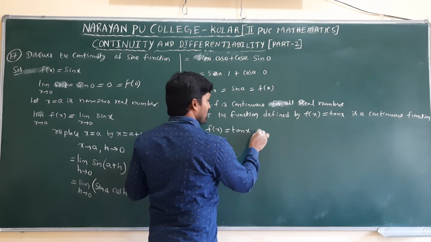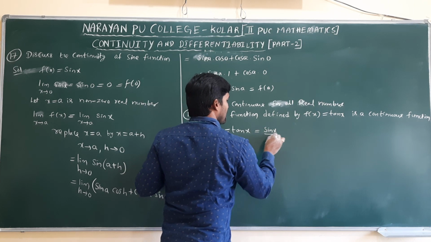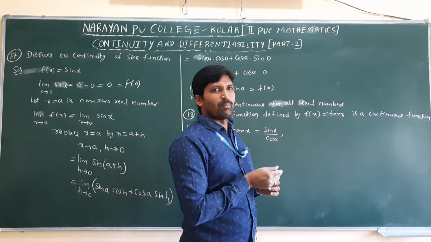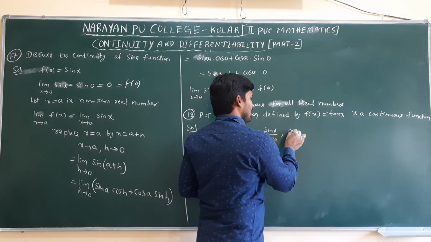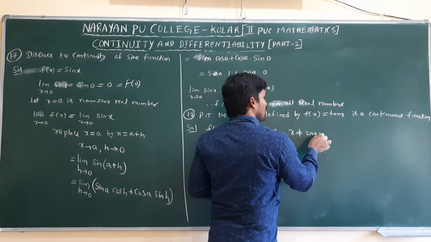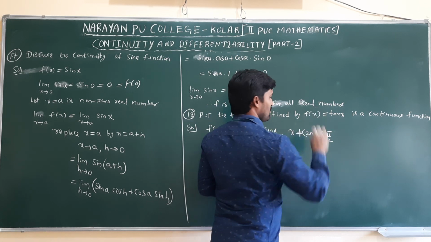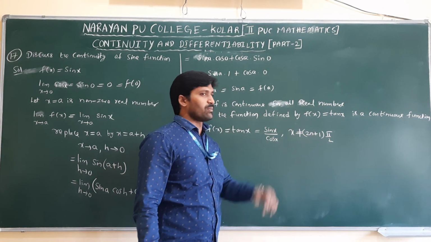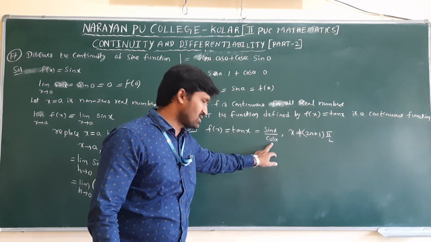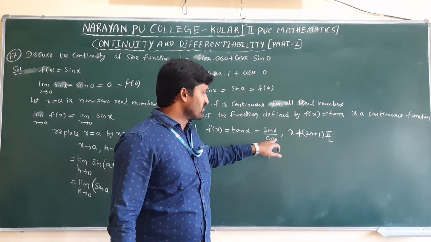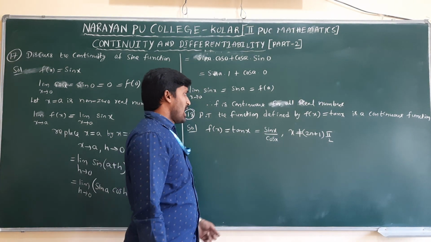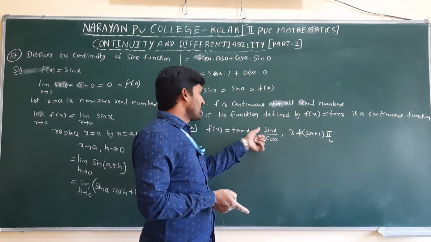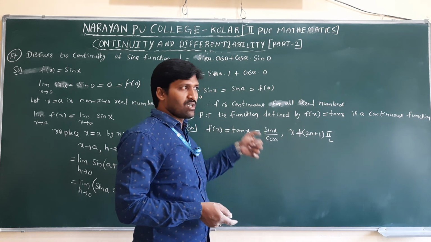This tan x can be written as sin x by cos x, where cos x will be 0 at odd multiples of pi by 2. That's why clearly x is not equal to (2n plus 1) into pi by 2. The domain excludes x equal to (2n plus 1) into pi by 2, where cos is 0, because if cos is 0 the function is not defined. Already we know the sine graph is a continuous wave, and cos is also continuous. That's why sine and cos are continuous, which means sine by cos is also continuous.